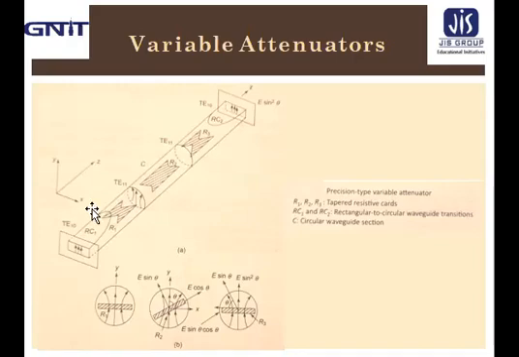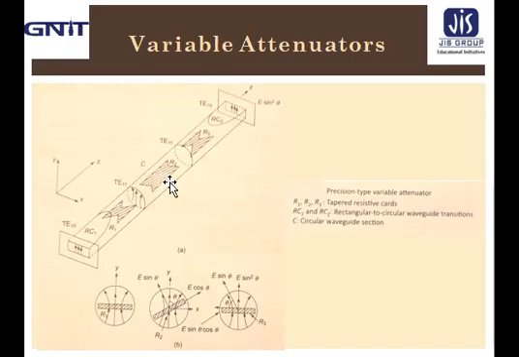A very thin resistive card is placed perpendicular to the E field at the circular end of each transition section, so that it has a negligible effect on the field perpendicular to it, but absorbs any component parallel to it. Therefore, a TE11 mode is excited in the middle section.